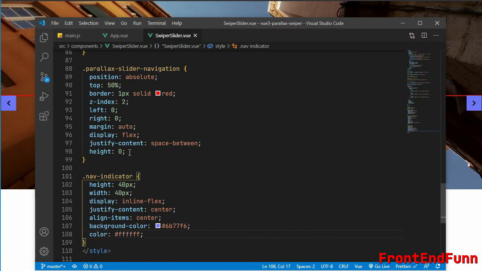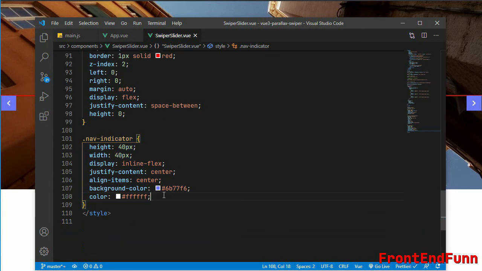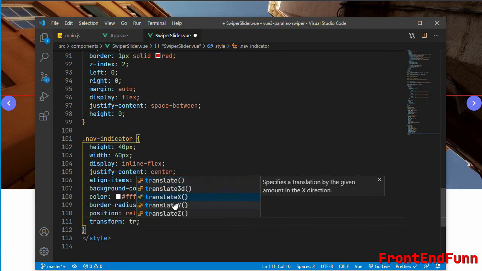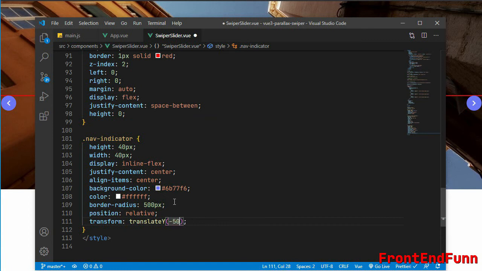Yes, and we'll apply some border radius, some random high value. Okay, and we'll set the position to relative and we can apply some transform and translate it via Y minus 50%.